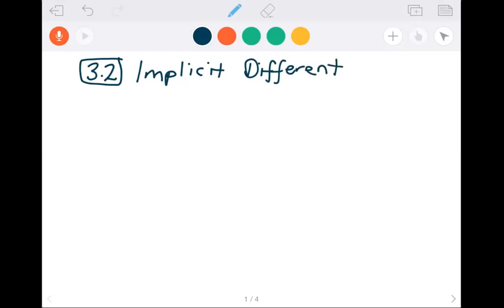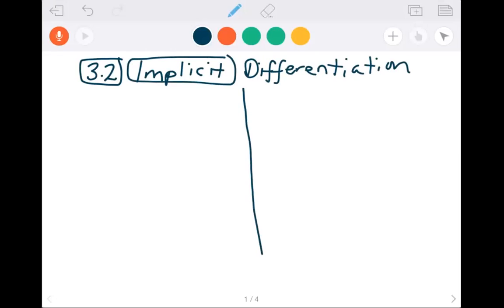Implicit differentiation. So the first thing I think that we need to discuss is, what does this word mean, right? So we have two kinds of functions. Functions that we call explicitly defined, which is what you're used to most of the time. You've had some implicitly defined functions in your math past. You just didn't know that's what they were called. So implicit functions. So explicit functions are